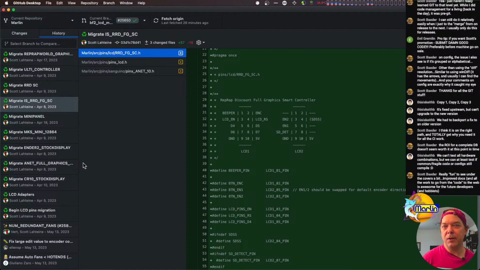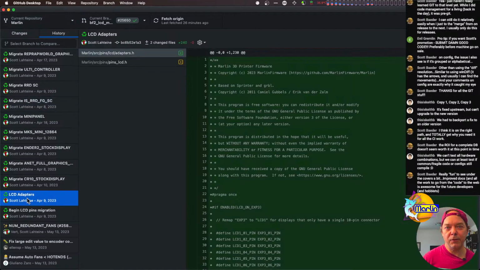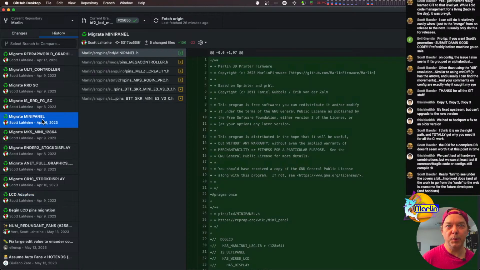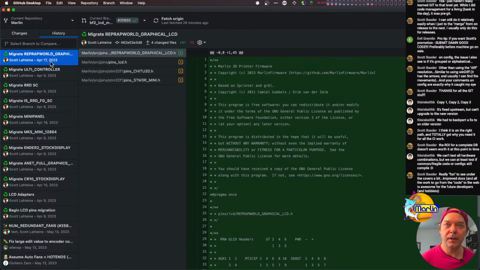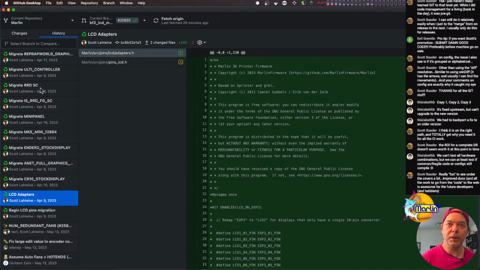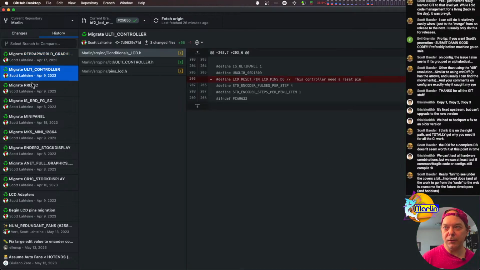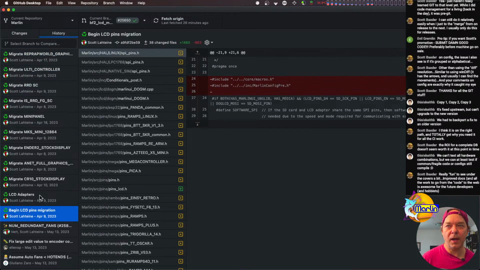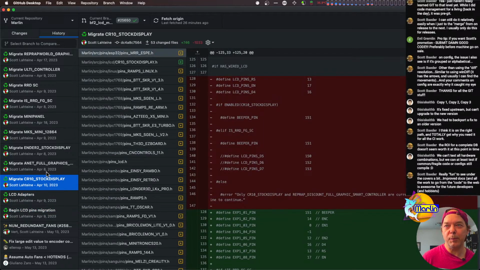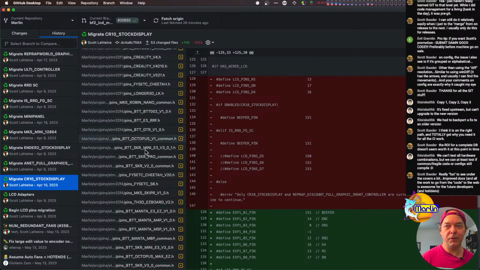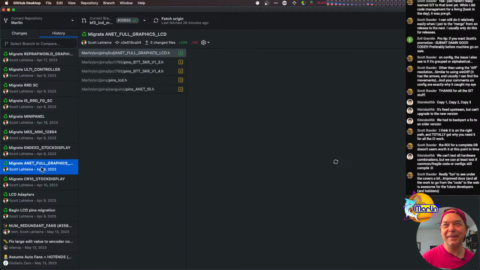As I go through this and update it, I'm taking new adapters and throwing them onto this commit, force pushing everything. As I add a new display, or a new board with a mini panel, I throw that in here with this commit, boom, squash it together and force push that. So the final version will be neatly laid out like this, and I'm not going to mash all these commits together, I don't think, when I do the final merge. I'll keep them separate so it'll be easier to go back through the history and see, oh, okay, this is what was assumed at that time about just the adapters, or this is what was assumed about CR10 stock display. But you can see I went through 53 files so far with CR10 stock display, only 5 for